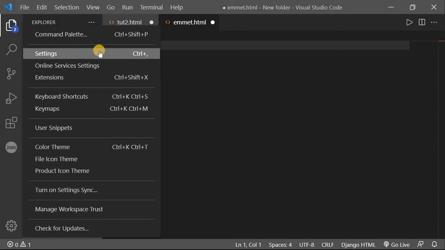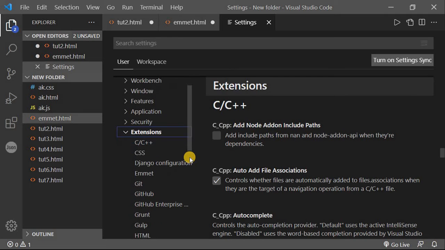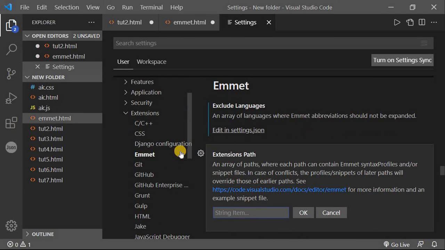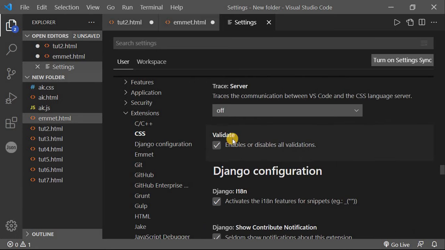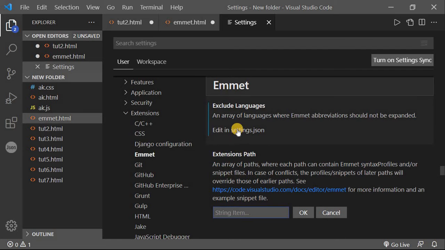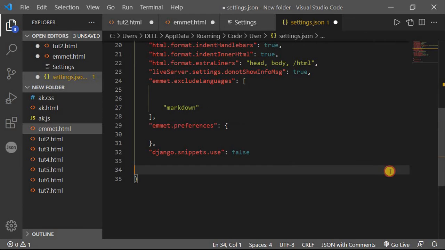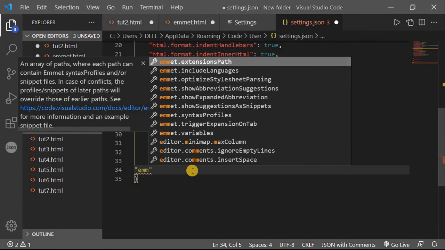the gear icon and then go to settings, and you will see an option which is extensions. So you will go in the extensions, then we'll go to Emmet abbreviations options. So you will see here that there is one option of Emmet tag. You can see here that it is edit in settings.json. So what you have to write here, in the double quotes you have to simply write emmet